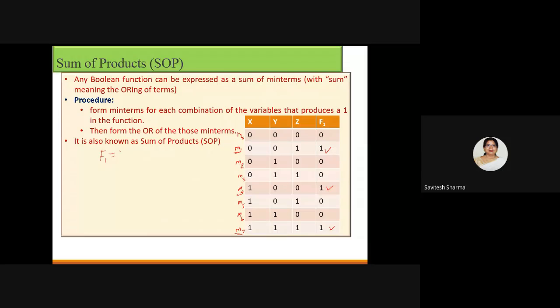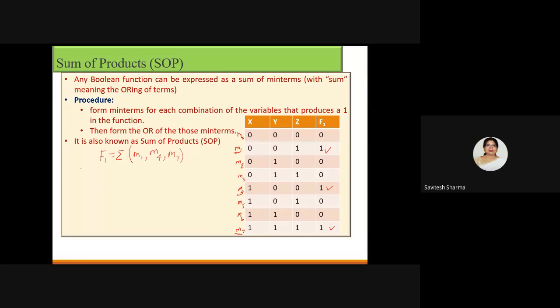So you can write those min terms. You know that this is m1. You will list the min terms that produce 1 only. So m4 is producing 1 and m7 is producing 1. This is one way to write the sum of products. I identify only 1 in this line, and I found m1 is the combination that is producing 1, m4 is the combination that is producing 1, m7 is producing 1. So I will write like this.